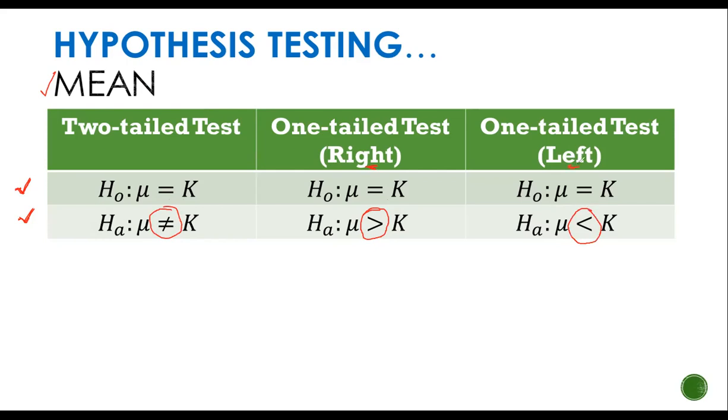See, obviously, if you move to your left, kapag nasa number line tayo, papaliit ng papaliit yung number. Ulitin natin, sa number line, di ba? Pag papalayo tayo sa 0, going to your right, papalaki ng number. Okay? That's why it's greater. Sa kabila, pag mag-move tayo, going to your left from your 0 on your number line, may negative yan. Papaliit ng papaliit. That's why it's less than. Okay? Basic concepts. Kahit na grade 3, alam ata yan eh. Okay? And we try to recall, ma'am, ano ba yung one-tailed, two-tailed test na yan?